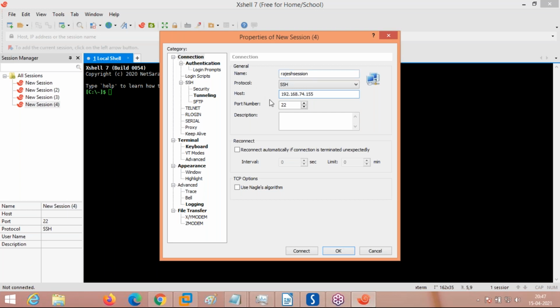What is the type of connection? SSH. There are many connection types here: SSH is there, Telnet is there, remote login or rlogin is there, FTP is there, secure FTP is there. We are actually using SSH, which stands for Secure Shell. This is the type of remote connection, and the port number used by this service is 22. After giving the IP address, select the correct port number and press connect.